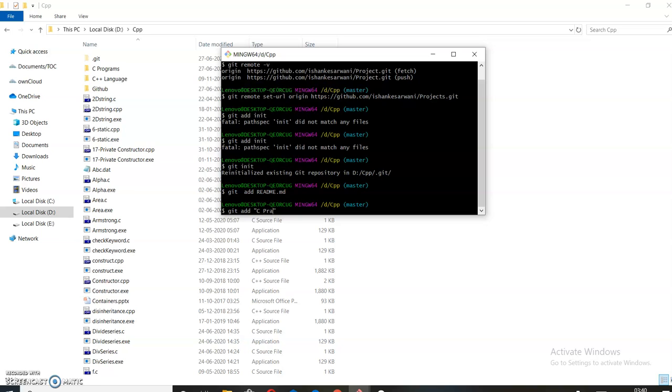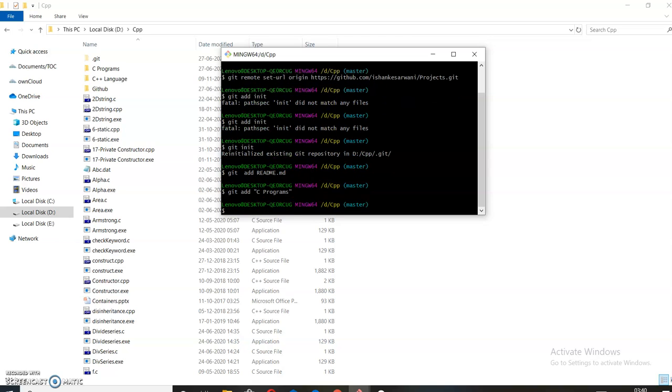It should be the same name as your folder or file. Now press enter and then you have to fire the commit command, git commit -m, and within double quotes mention add files.